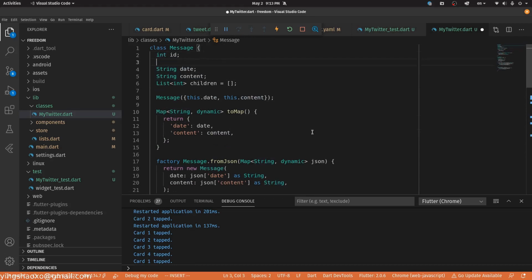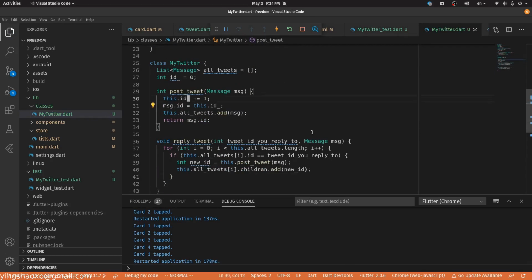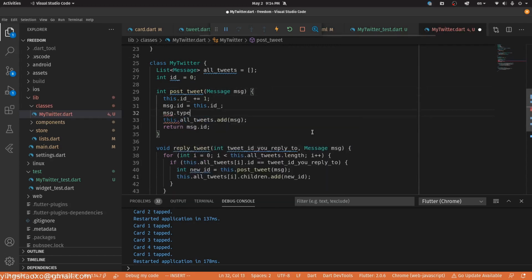So I should define it at the beginning. I should say this message type should be a string. It's going to be a type. Each time we post that tweet, we need to specify the type. Let's say this is a post, and for the reply,